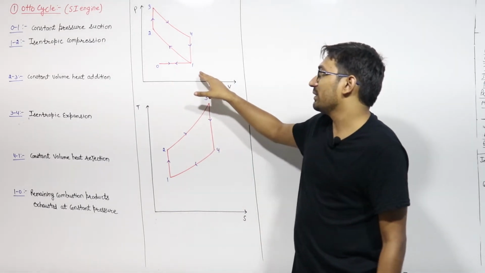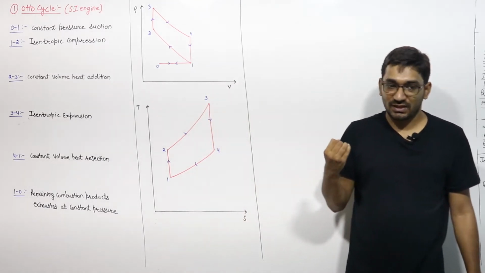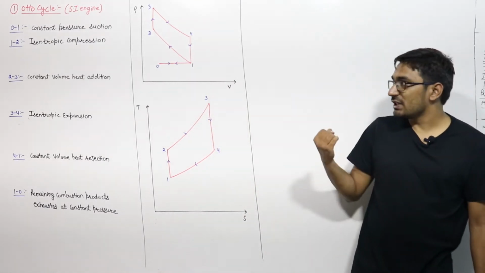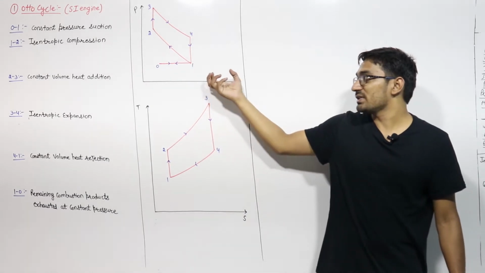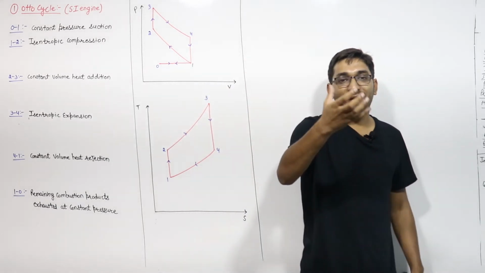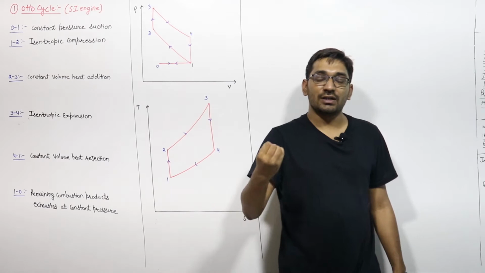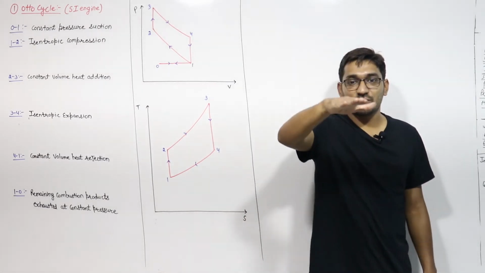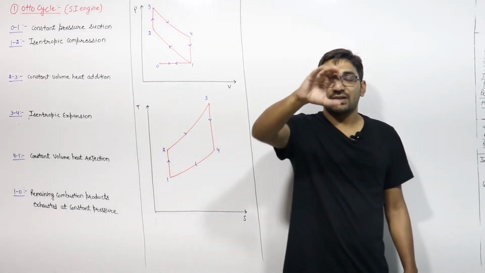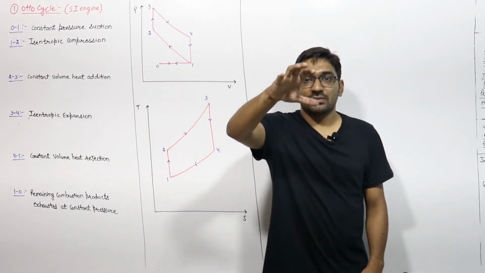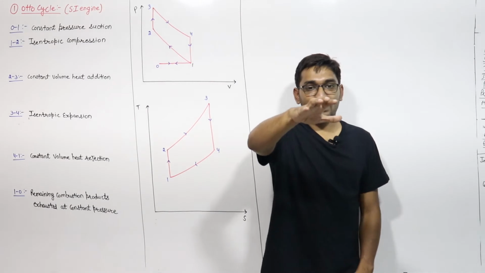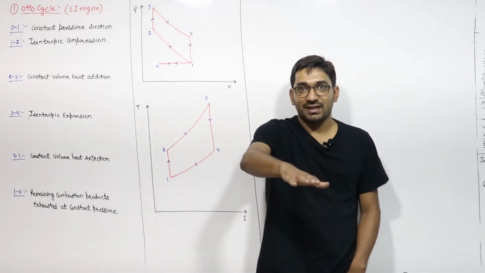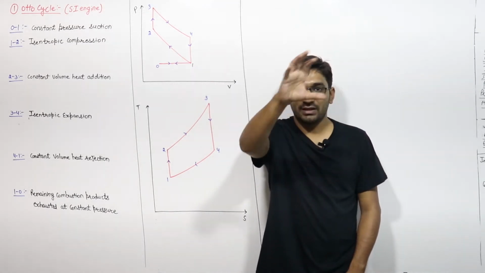From 0 to 1 we have constant pressure suction, right? We have constant pressure suction. In this process from 0 to 1, the air fuel mixture will enter into the cylinder. When the piston is going from top dead center to the bottom dead center, pressure difference is there. Inside the cylinder the pressure is less, outside the pressure is more, so the air fuel mixture will